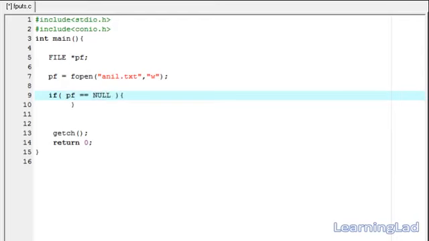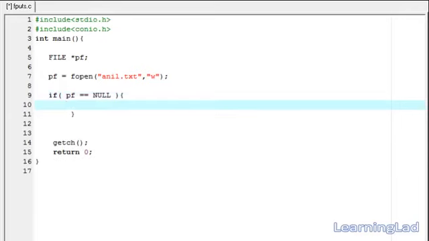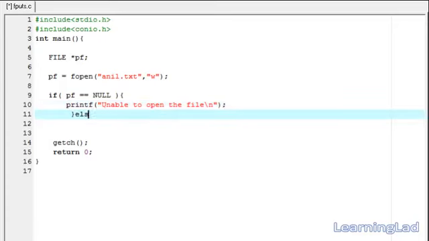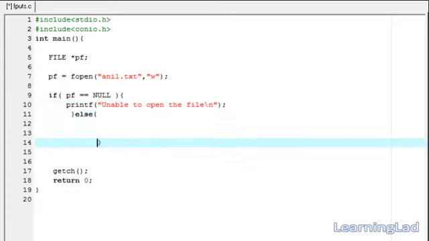If it is null, then the file was not opened successfully. We're gonna say printf, unable to open the file. That's it. Now else, which means our file has opened successfully, then